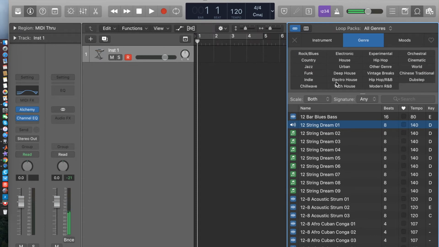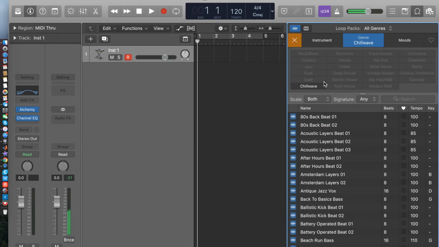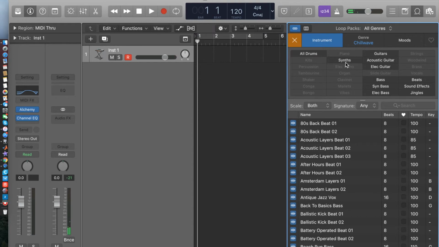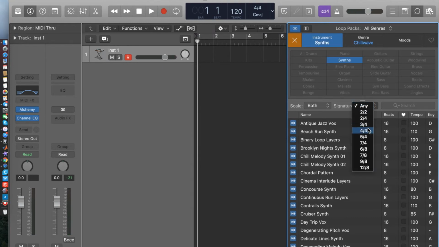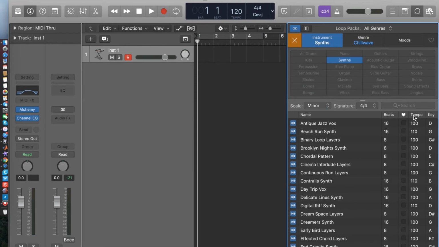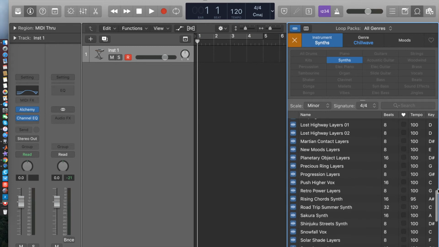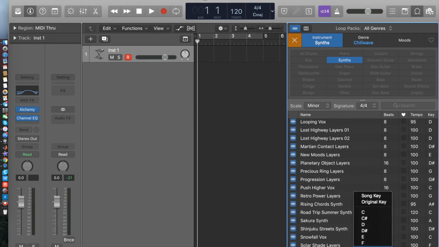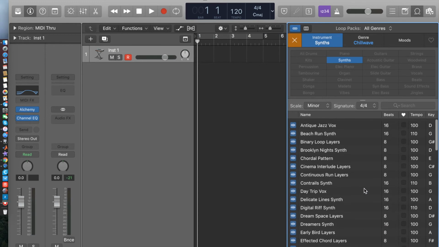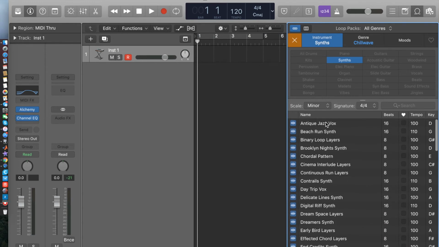So say we wanted a chill wave synth in the 4/4 signature on a minor scale, and it'll give us a whole bunch of options for that. Oh, and let's say maybe we want F sharp. Oh, okay, never mind. Don't worry about that. That actually didn't work. Okay, but anyways, you can drag